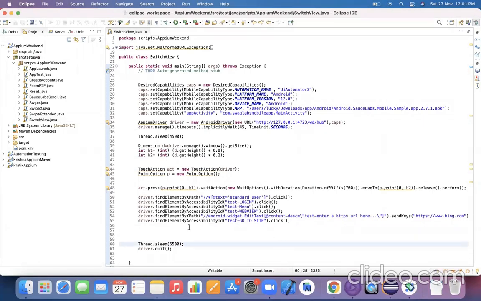And after switching the context, then we can ask our program to perform the operations on that particular locator. That's fine. So here, after performing this operation, let's wait for a few seconds. After performing a value entry operation, I'm asking it to wait for 4500 milliseconds. And now